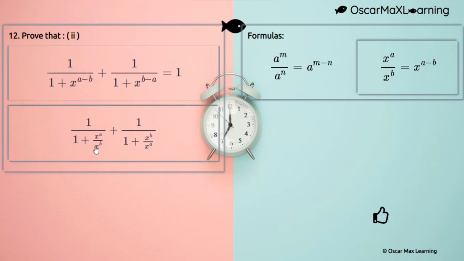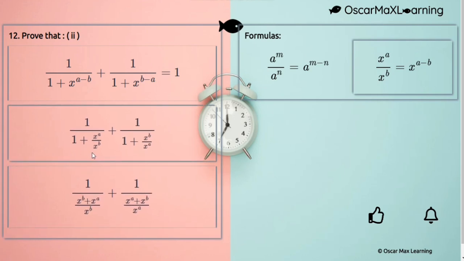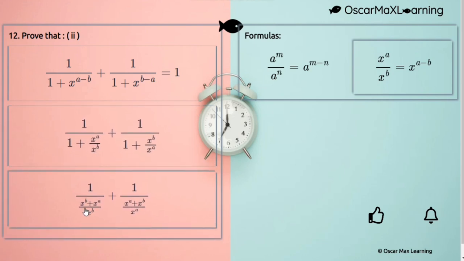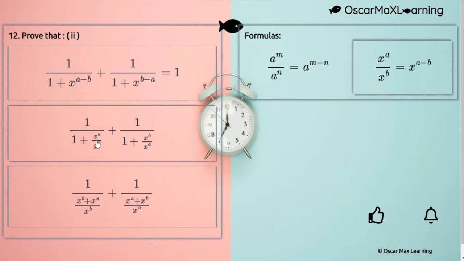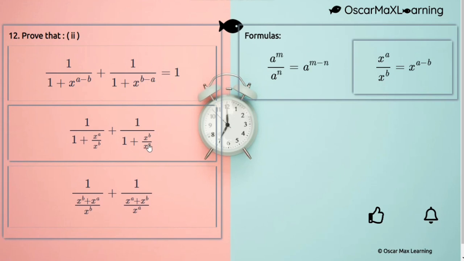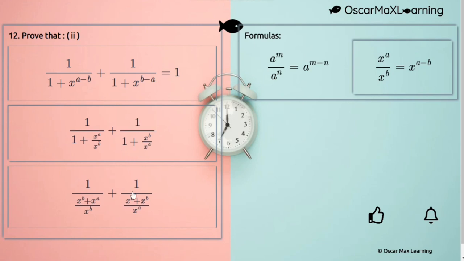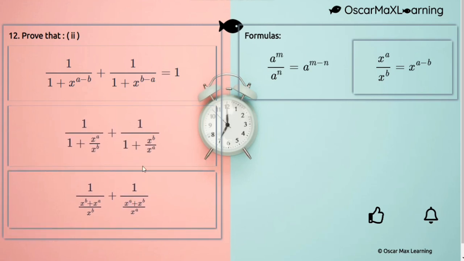Now I'm going to solve the denominator. I'll solve this by taking LCM for it. So LCM of this will be x to the power b and I need to cross multiply now. X to the power b into 1 is x to the power b plus x to the power a into 1 is x to the power a. This part is done. Now I'm going to take LCM for this denominator. LCM will be x to the power a. I have written over here. Then I need to cross multiply it. X to the power a into 1 is x to the power a plus x to the power b into 1 is x to the power b.